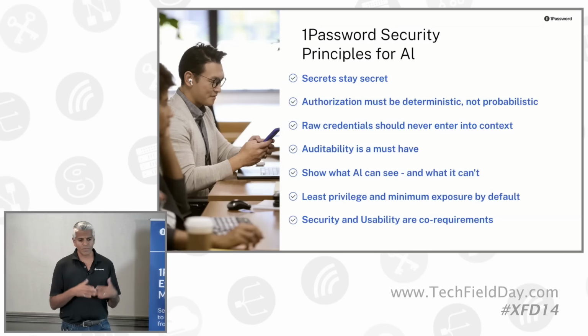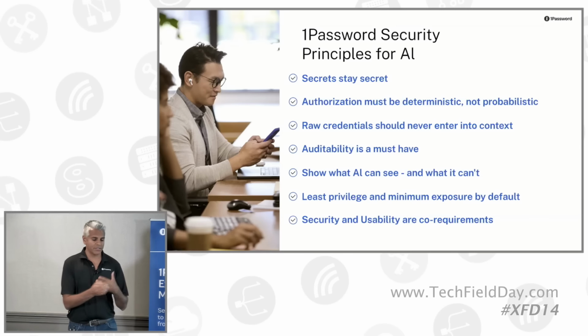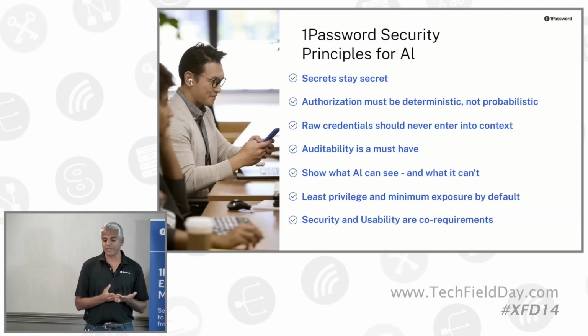In the product, as we incorporate AI to enhance the product and delight customers, we want to be transparent on exactly how that's used, what data is getting sent, what this LLM is doing. We don't want opaque, "powered by AI," where you don't actually know what's happening. So we want to be transparent about how we use AI in the product. The sixth is least privilege and minimum exposure by default. I think this one's pretty self-explanatory.